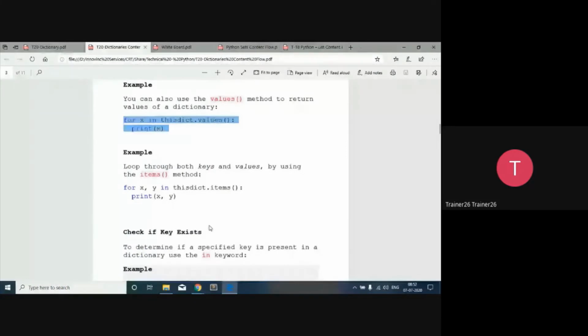Now for example, I want to print the key as well as the value. So when I want to print the key as well as the value, I'm just going to say for X comma Y in dictionary dot items. So items will give us the two values. Inside one item it will have two things, that is a key as well as a value. So it will refer to the complete thing as one item. So that's why we are able to print it. So this is a third combination.